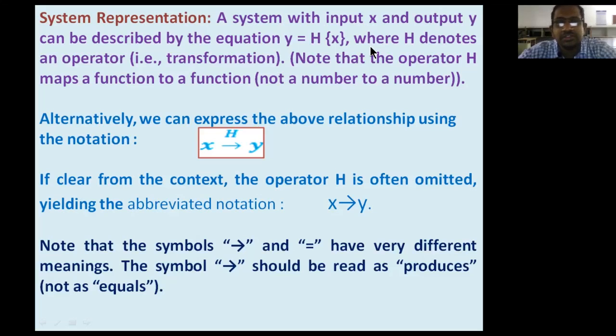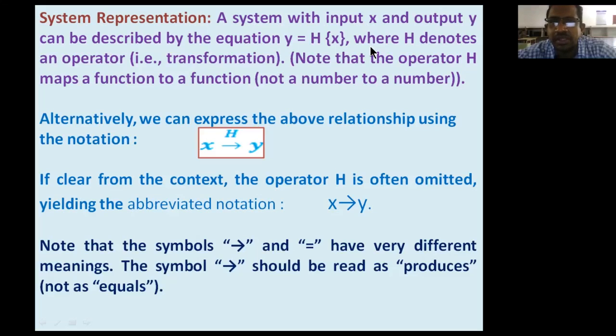So let us discuss how we represent the system mathematically. We represent a system mathematically by using the transfer function h of the system. Let us suppose there is a system which has some input x of t and produces some output y of t. That system I can represent simply as y of t is equal to h of